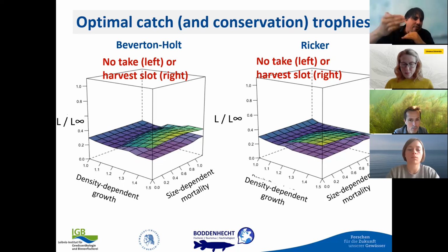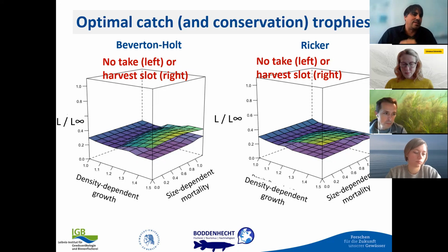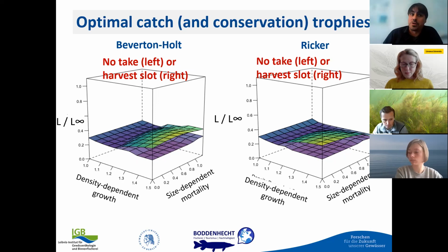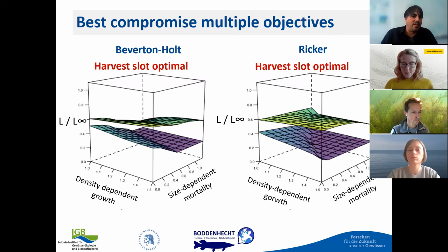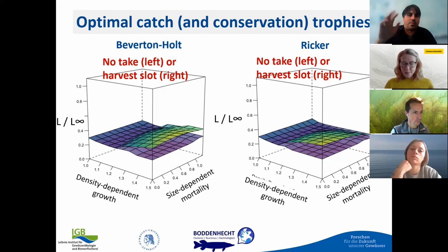So in fact, some level of exploitation might be good. And pike shows density dependence and size dependency. So a harvest slot would optimize catch rate. It would not be total catch and release policy that would maximize the catch rates. And the very same is also the case if you, sorry, I mentioned here a lot about catch rate, but this is the same pattern as managing trophies. So this is for the trophy objective. And again, harvest slots are considered optimal, but not, and this is very important, total catch and release policies. Some level of exploitation is important to facilitate the growth rate, but it's not a minimum length limit that would